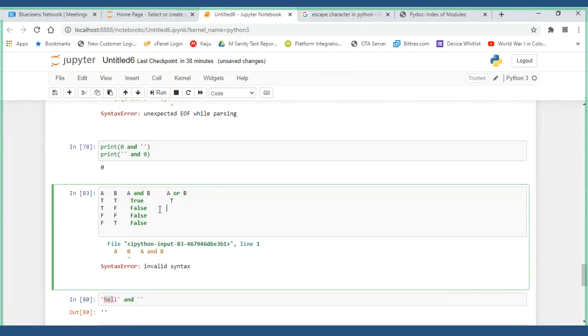True, false, what will it return? With the OR operator, any one true is enough. Next, false, false. Both are false, so it returns false. Any one true, this is true.